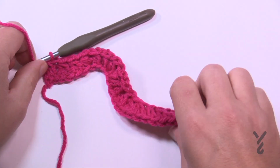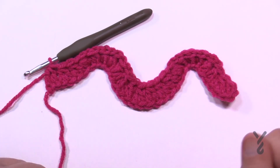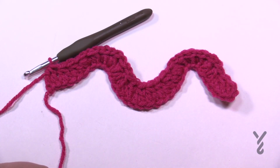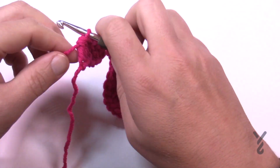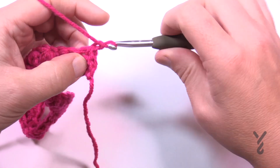So when you lay this down now, you'll see the up and down motion. So the long chain that you did have is going to be compressed, and that looks pretty awesome. Let's begin our row number 2, and we're gonna keep this color on for this particular one. Again, you can change colors anytime you wish. So row number 2, whenever we complete it, is always the same. So let's begin. We're just going to turn to work and chain up 1, and we're gonna do a single